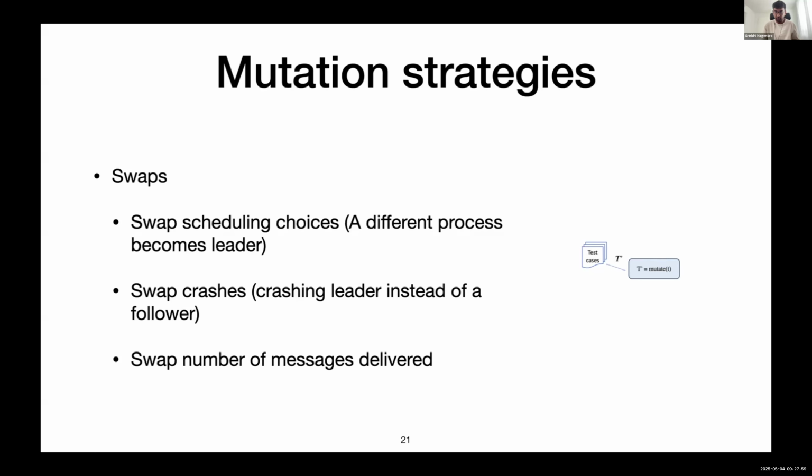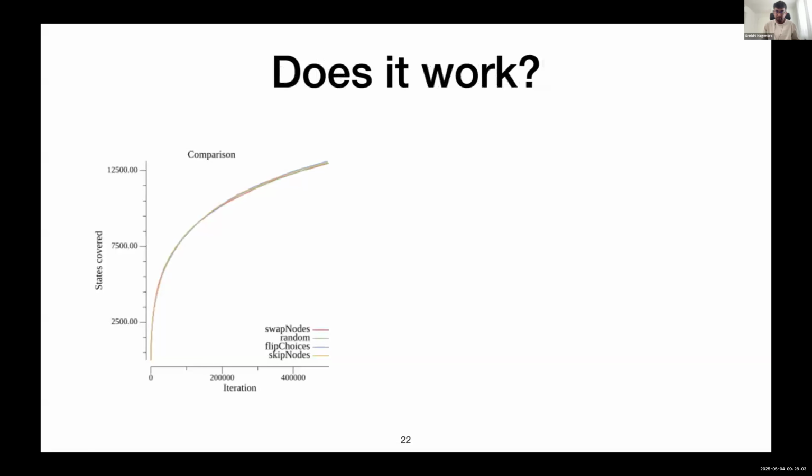So that completes the picture of what we do. But despite all this, we were not able to observe the results initially. The graph here represents how many unique states we saw on the model. We tried this, so the green bar, which is quite indistinguishable in this, is pure random. It does not care. It just generates random inputs. And we tried all these different mutation strategies. Still, we did not see any significant gap with random. So we were a bit worried.